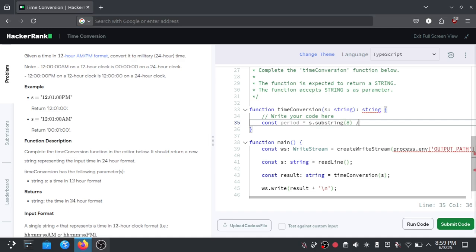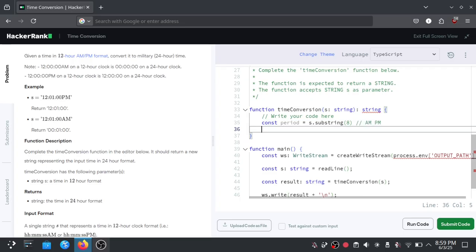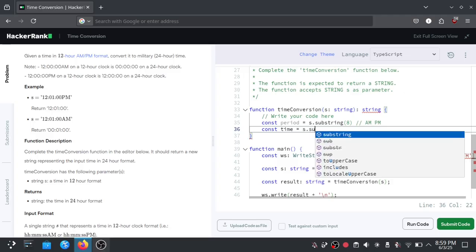We are going to start from index 8 with the substring to get AM or PM, and for the other one we are storing the time itself inside the time constant using the substring again,